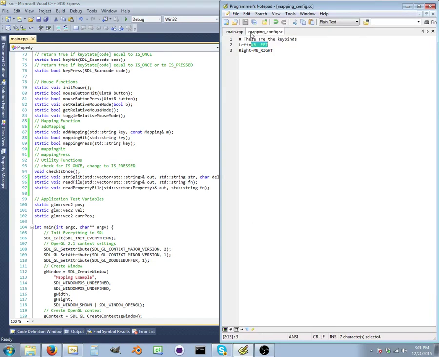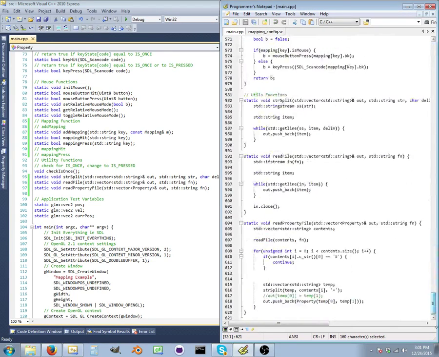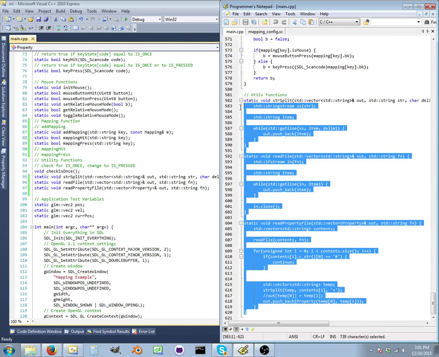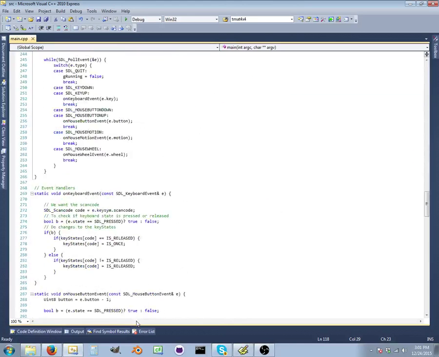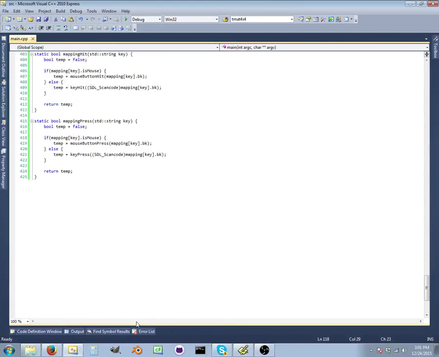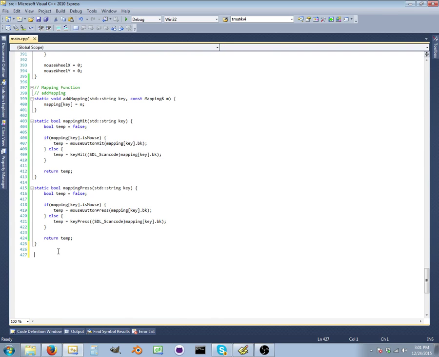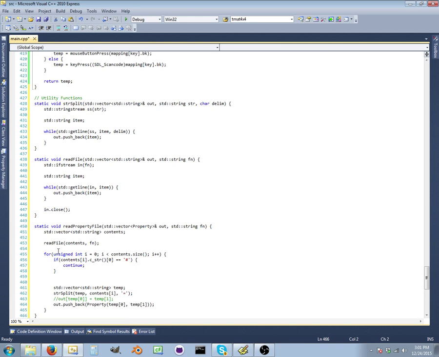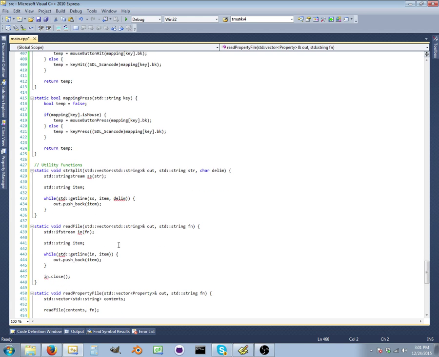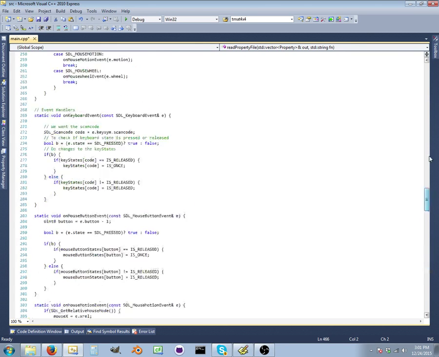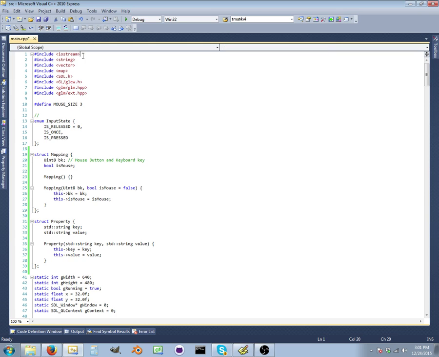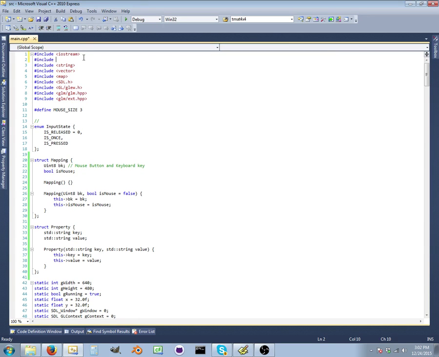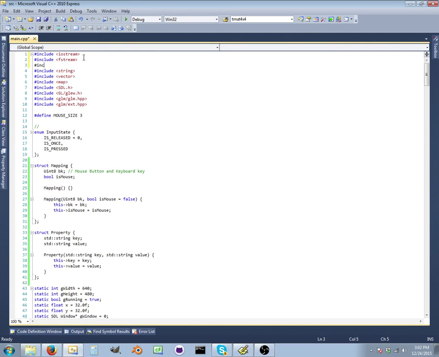So let's grab the implementations of these functions right here, and we're going to paste these down below. These are utility functions. Bam. And I probably need to include a couple of things to make sure that there's nothing wrong. So let's include fstream, and